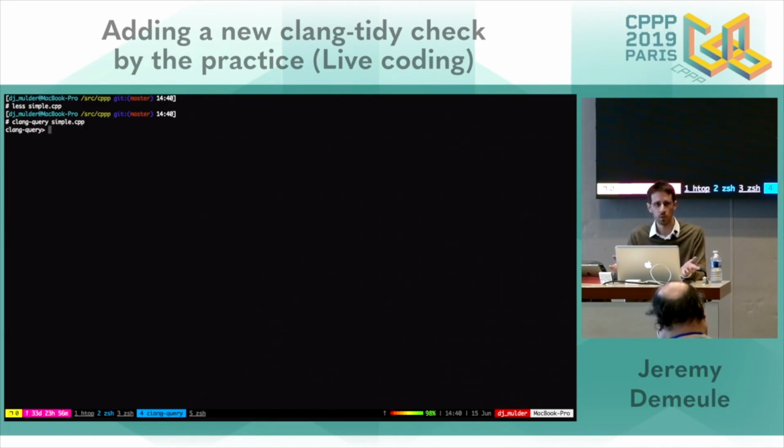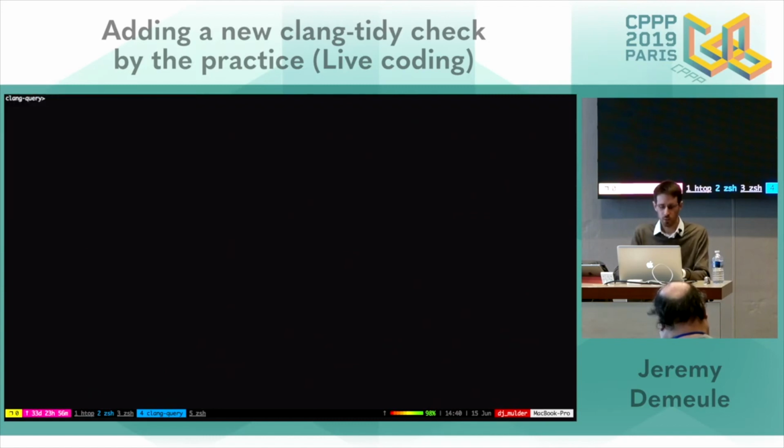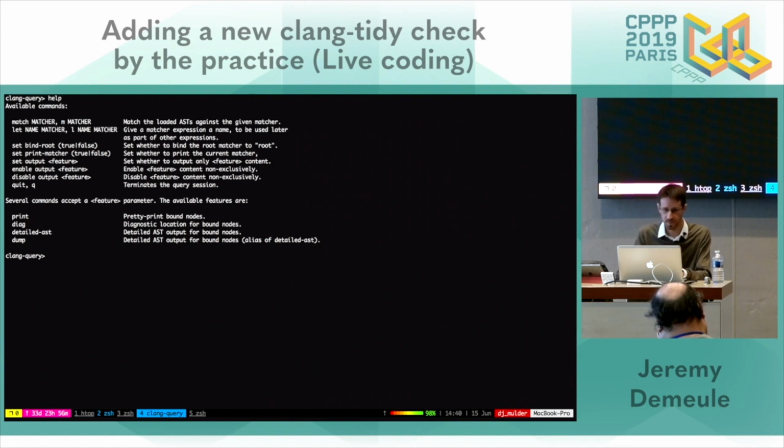Again, I don't provide any compile options, but it will find them using the compile_commands.json. clang-query is a REPL, so as any good REPL, I can ask for help, and it lists all the commands I can use.